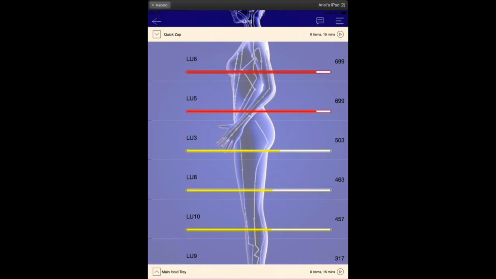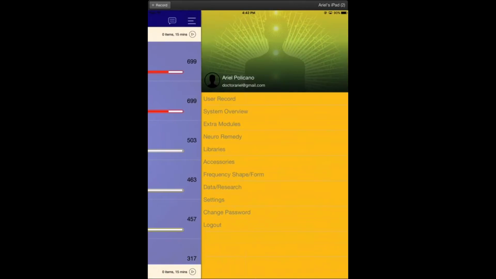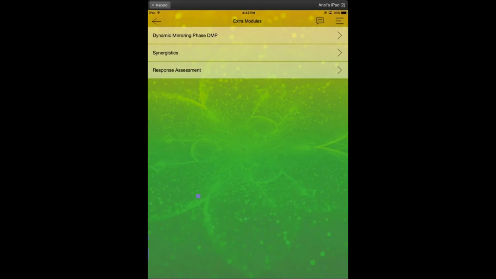How do you bring up the MEP? Thanks, Teresa. Okay, so the MEP is now the DMP. I'm sure this could be a rap song, taking the MEP to the DMP to the LED to who knows, right? So go up to your nav bar and go to the extra modules, which is 1, 2, 3 down. When you go to extra modules, you're going to see the dynamic mirroring phase. Awesome that Ryan put the initials for what the DMP stands for, and it basically is your MEP in a new iteration. So same great function with a new and fresh name.